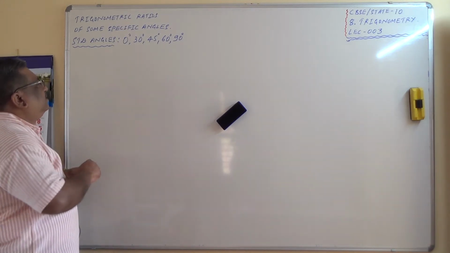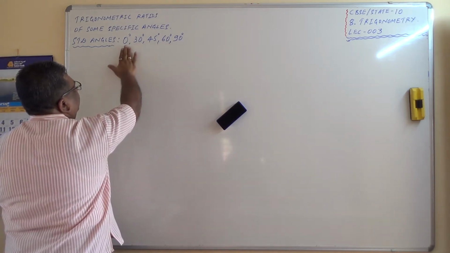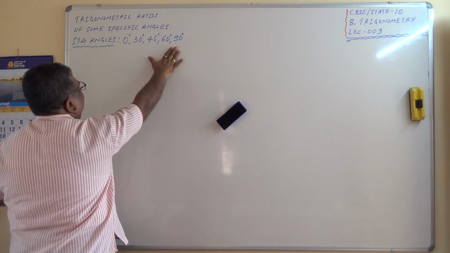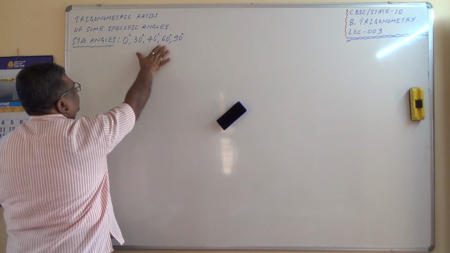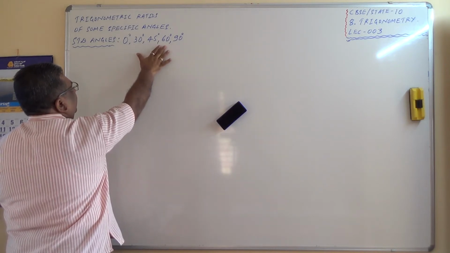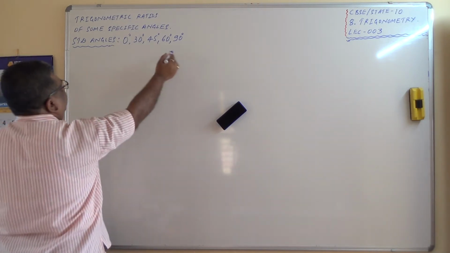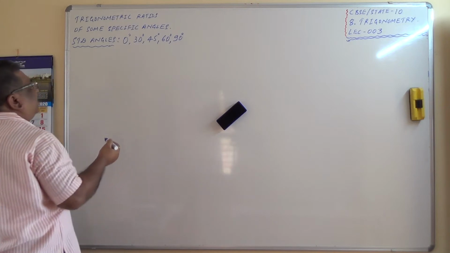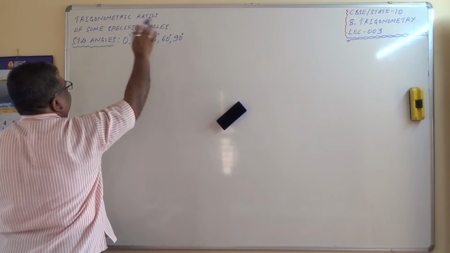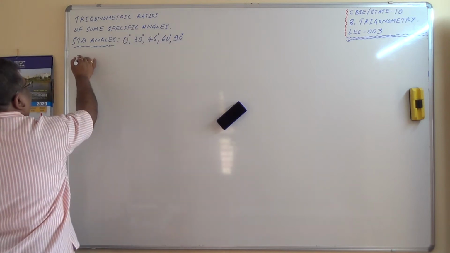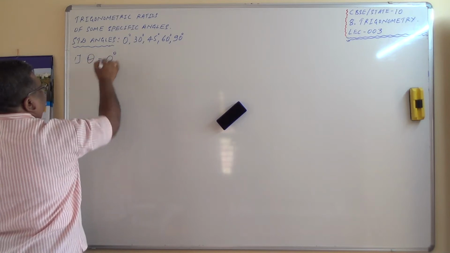So let me start with 0 degrees and 90 degrees. I can club together 30 degree, 60 degrees, and 45 degrees needs to be dealt with separately. 0 and 90, even though I club, it's not basically a clubbing together, but generally the principle involved is the same, and hence 0 and 90 degree is the first case I'll take. First one, I'll write theta equals 0 degrees.